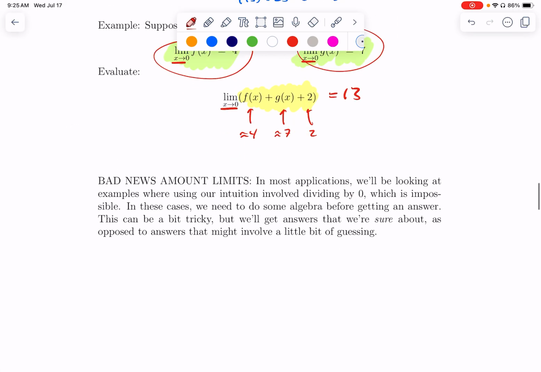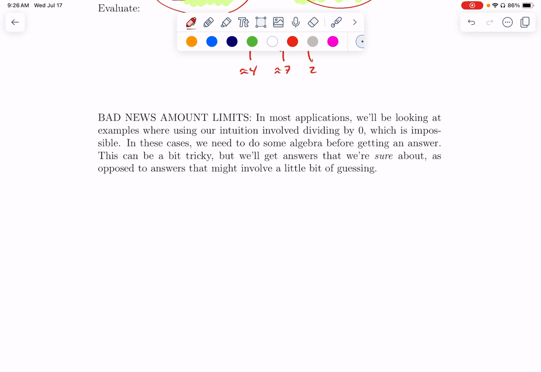The bad news is usually when we actually care about limits in the context of doing calculus, it's because we are doing something weird. Dividing by 0 is a very common phenomenon in the sorts of problems we want to think about. So we are going to have to learn some tricks for what happens when we can't just plug in. And I'm just going to warn you, you're going to see a lot of problems where if you plug in, there's a 0 in the denominator. So I'll just pause. If you're dividing by 0,